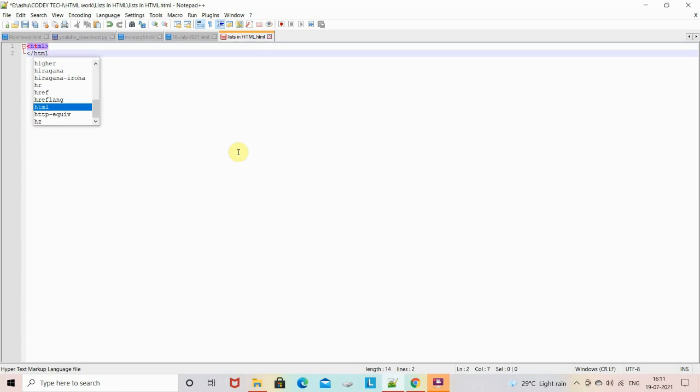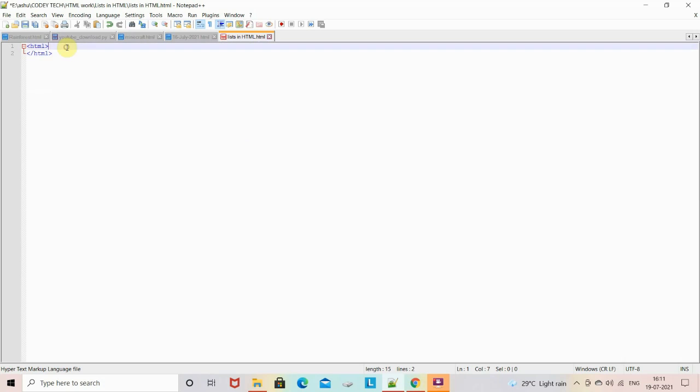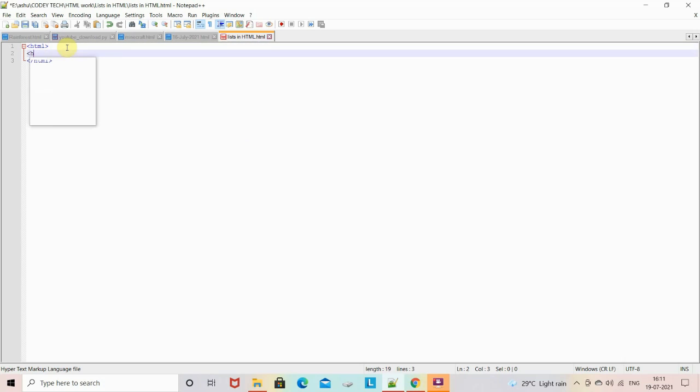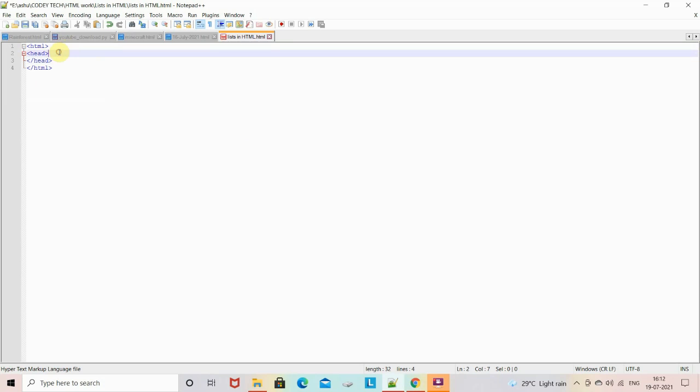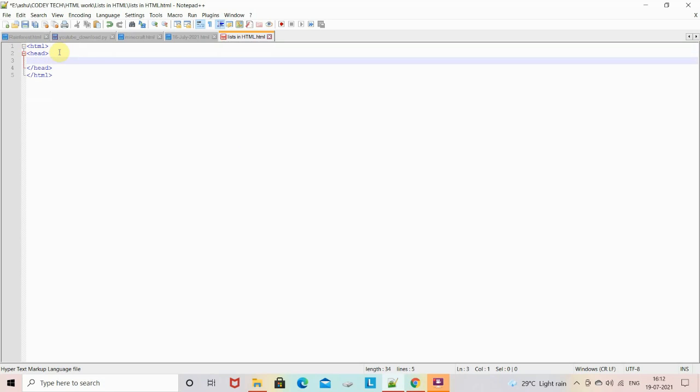So first of all, as you all remember, we have to write the HTML tag, then we have to close the HTML tag, and in between that we have to write the head tag, then again close it. Now between the head tag we will write the title.